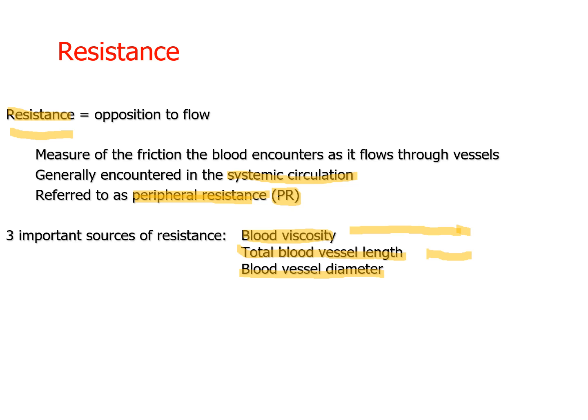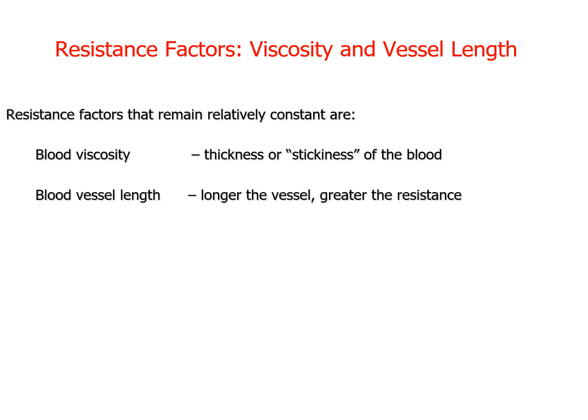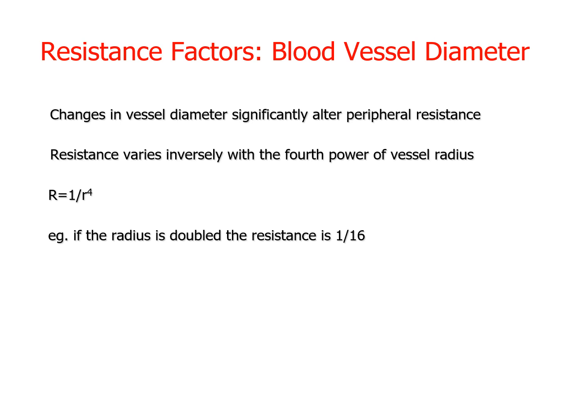All right, vasoconstriction, vasodilation. You can get more resistance to flow in a particular area of the body, or you can get overall more resistance to flow if you have generalized systemic vasoconstriction causing the spaces to narrow. So these things are relatively constant, the viscosity and the blood vessel length. But